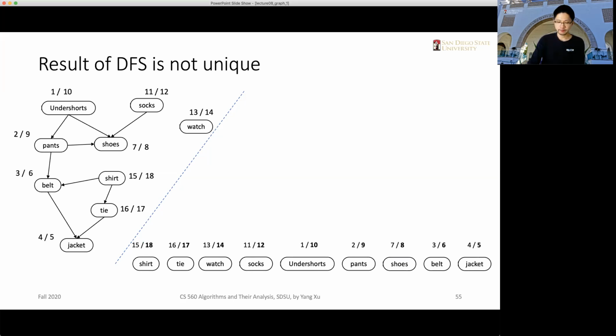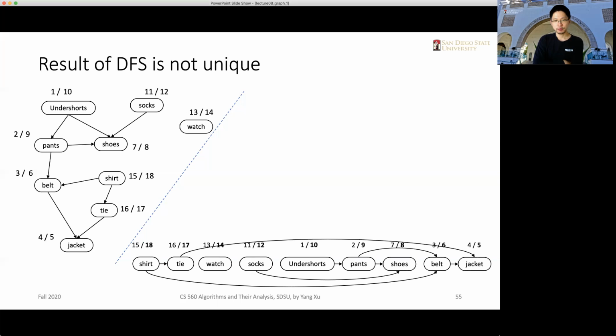Okay, and what if we connect all the edges, right? We'll see that this is a kind of different result as the output of topological sort, which is different from the previous slide. But the principle, the rules is not broken. The rules still are true. We make sure that all the edges are pointing from left to right. There's no backward edges from right to left. So it basically shows that there can be multiple types of results, and it is not a unique